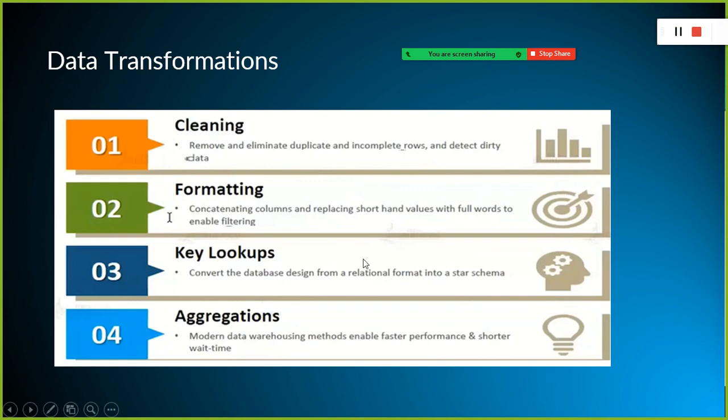And then lookups. This is a very important step, right? You need to do a lookup on the dimension table before you upload the dimension key into a fact table. And then aggregation. Aggregation is very important. You take any analytics project, aggregation is a must, right? Most analytics reports, the aggregations are very important. That doesn't mean all reports should have aggregation, but the majority of the reports will have an aggregation.